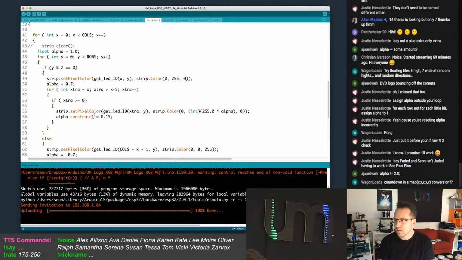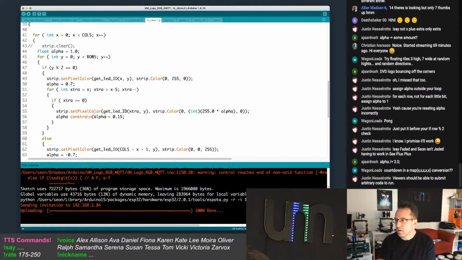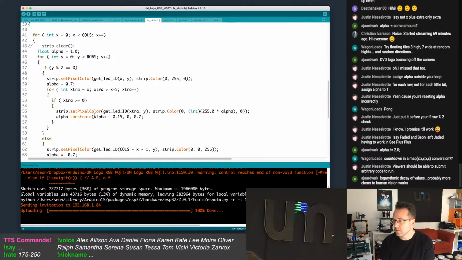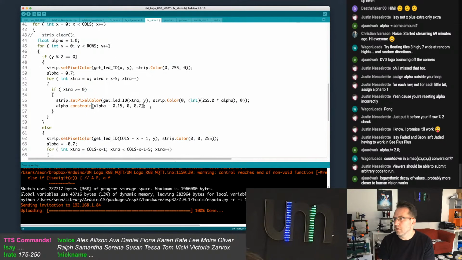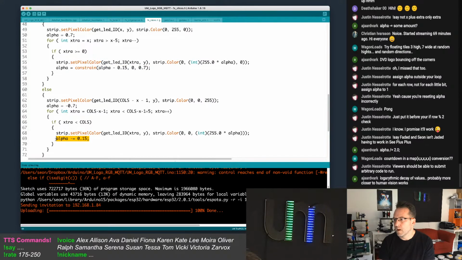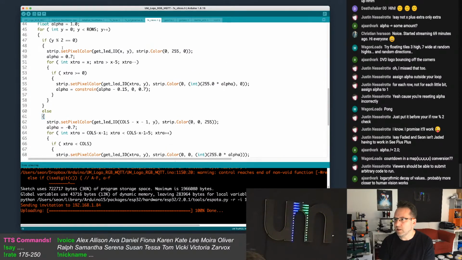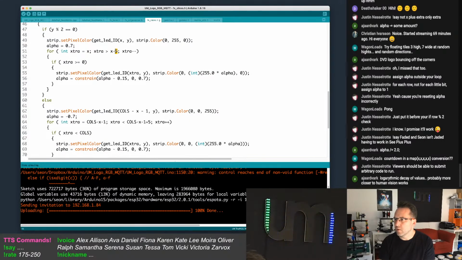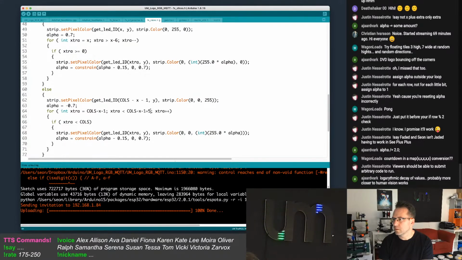Constrain alpha minus that, comma, 0, comma, 0.7. Oh, alpha equals. I want it to go to 0 because that would mean I don't have to do a clear. And I want it to go to -6 just to make sure.